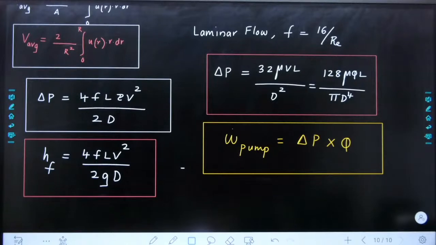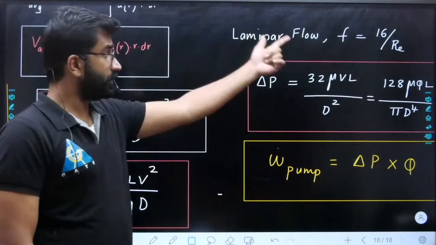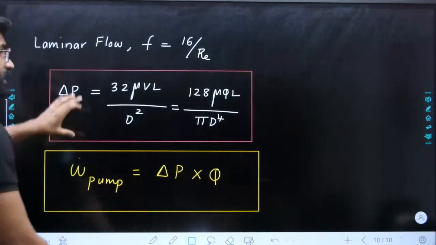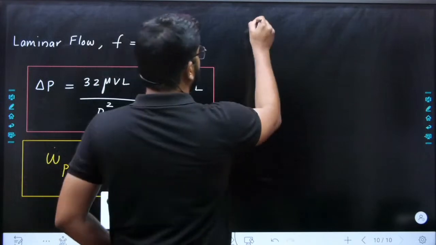So based on this, they can ask you several questions. So please go through whatever equations we have written so far. Now, for laminar flow, I have said that the Fanning friction factor is equal to 16 by Re. Now, what happens if it is a turbulent flow? Right? So remember, for turbulent flow,